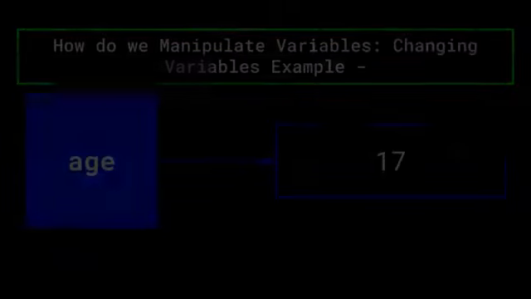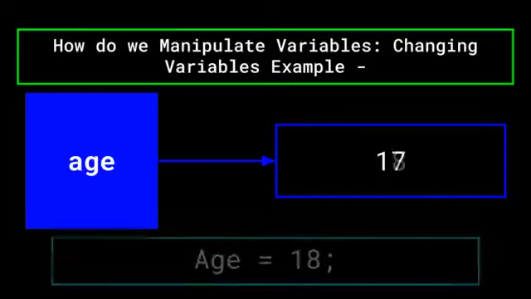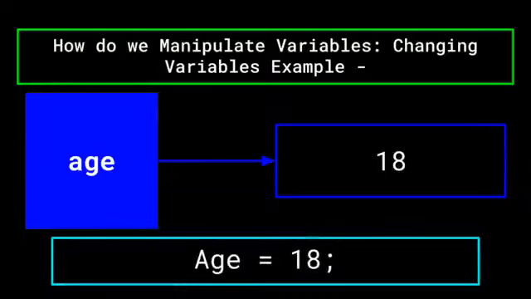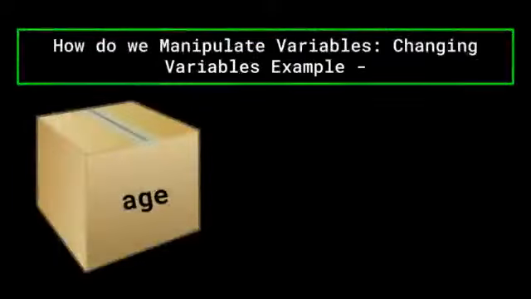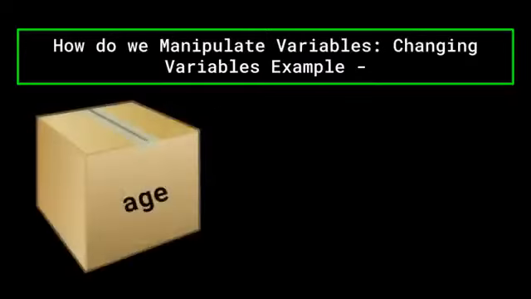For example, let's say you had an age variable, and inside of it was the integer 17. Then, you celebrated a birthday and wanted to update your age. All you would have to do is reference the variable and set it equal to whatever new integer you want the variable to hold. In this case, 18. This would be the same as having a box labeled age with a sheet of paper reading 17 inside of it, and then taking that piece of paper out, erasing 17, replacing it with 18, and then placing it back in the box. Doing this, we are able to easily update the contents of our variables throughout the code as